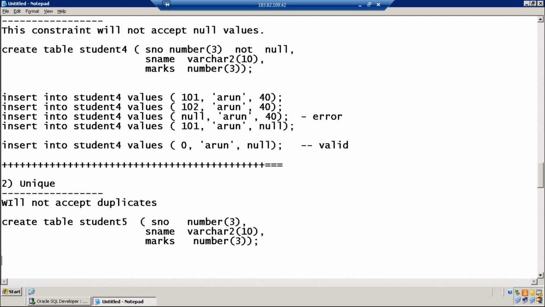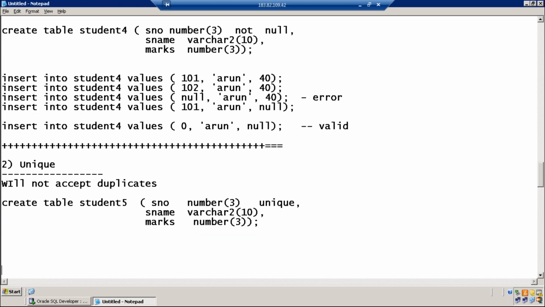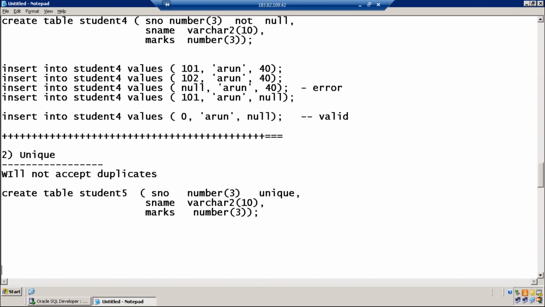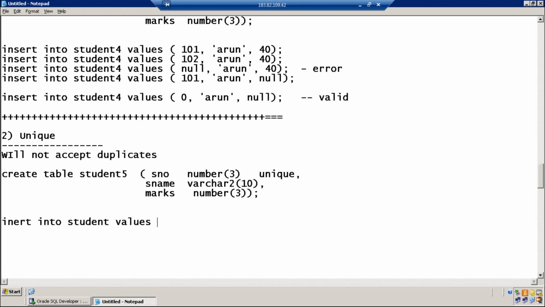I want to apply unique constraint. How to apply the unique constraint, Jamal? Column name, data type, size, mention the constraint you want to apply. Unique. Okay. Insert into student 5.